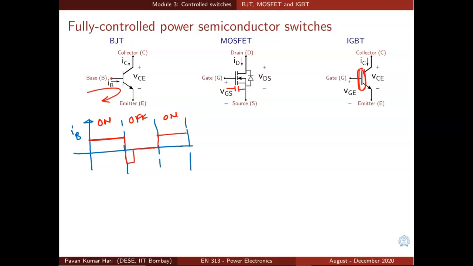So what do we have? We have a capacitor effect between gate and emitter in an IGBT and between gate and source in a MOSFET. So what do you mean by the device turning on? The device turning on means that this capacitance is getting charged. So the gate currents, the control circuit currents, will be like this. Once the device is commanded to turn on, current is drawn through this gate terminal